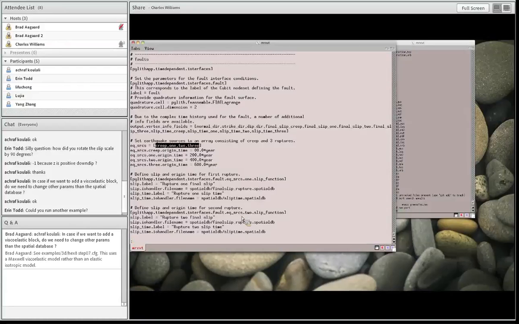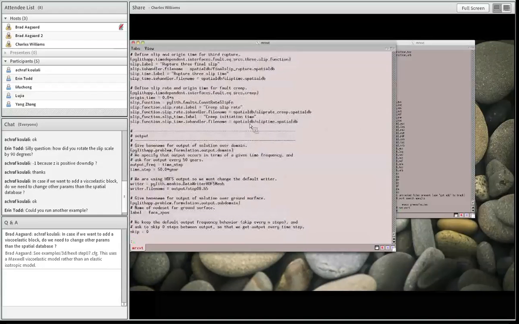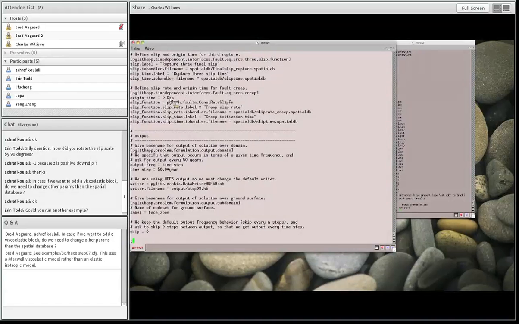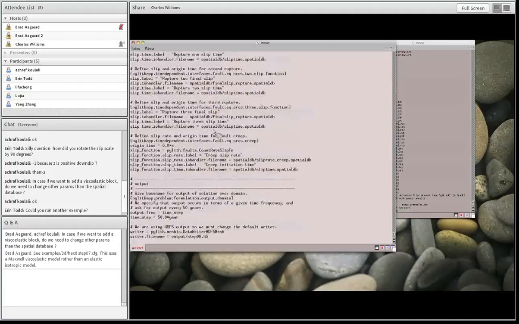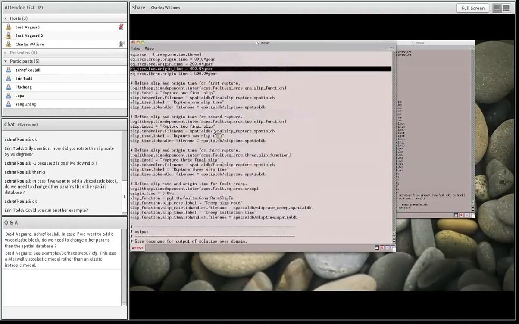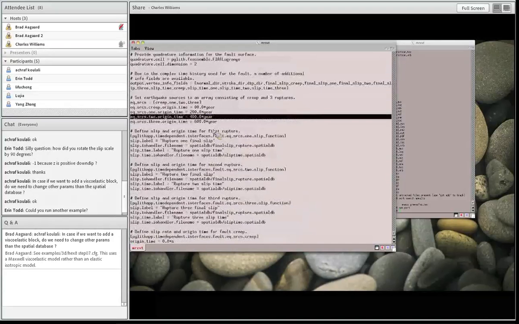The second rupture looks exactly like the first one, except that it's using a different origin time. And then finally we have our fault creep, which has an origin time of 0. And then instead of the rupture slip function, which we had somewhere up here,